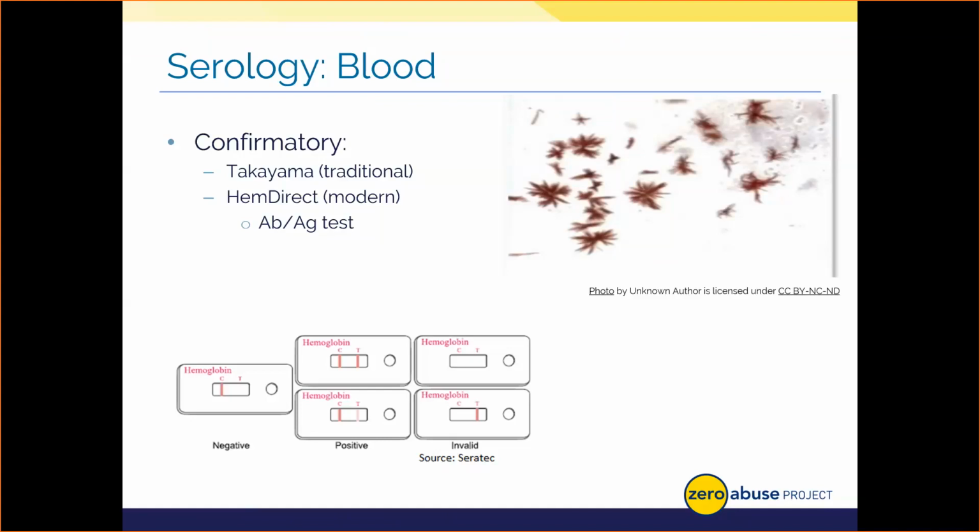We had to take it a step further and use what are known as antibody antigen tests. And I'll explain this type of test in a second. Those tests were not historically in their traditional use very reliable, and they were an extra time-consuming step that delayed getting you your results. Since that time, most labs have invested in the HemeDirect test from Serotec. If your lab hasn't, I would highly encourage you to talk to them about this confirmatory test. HemeDirect is highly specific.